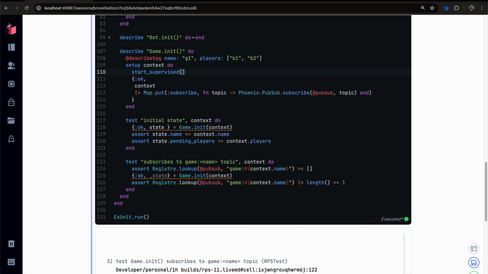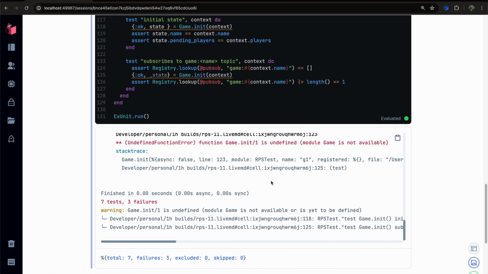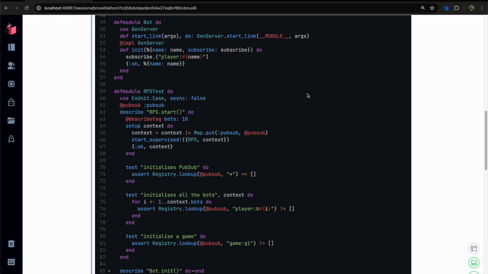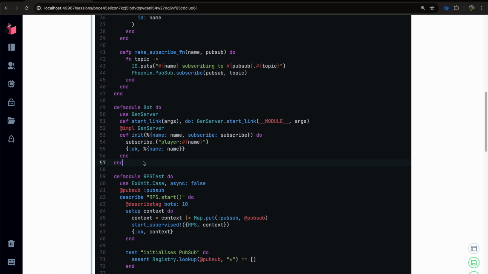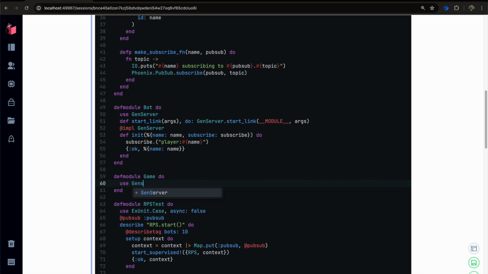I know that I'm repeating myself quite a lot here. This is gonna need to be cleaned up. We are making progress. Yep, game.init undefined. Cool. Awesome. So let's define defmodule Game do use GenServer